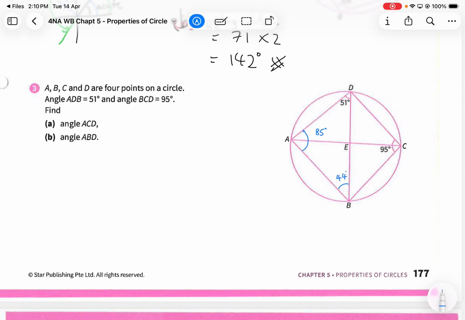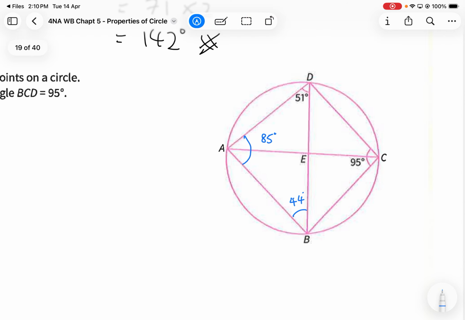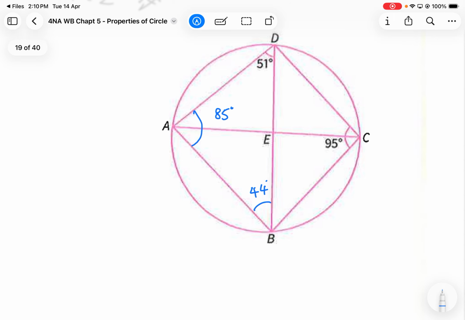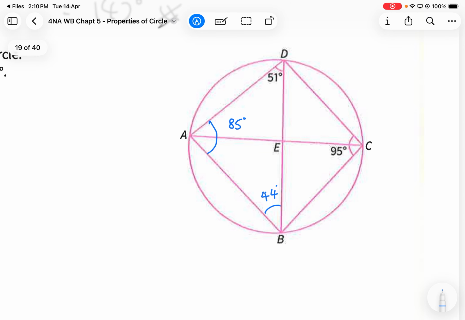ACD. Why? This one. Wow, really I cannot think of it now. Oh,